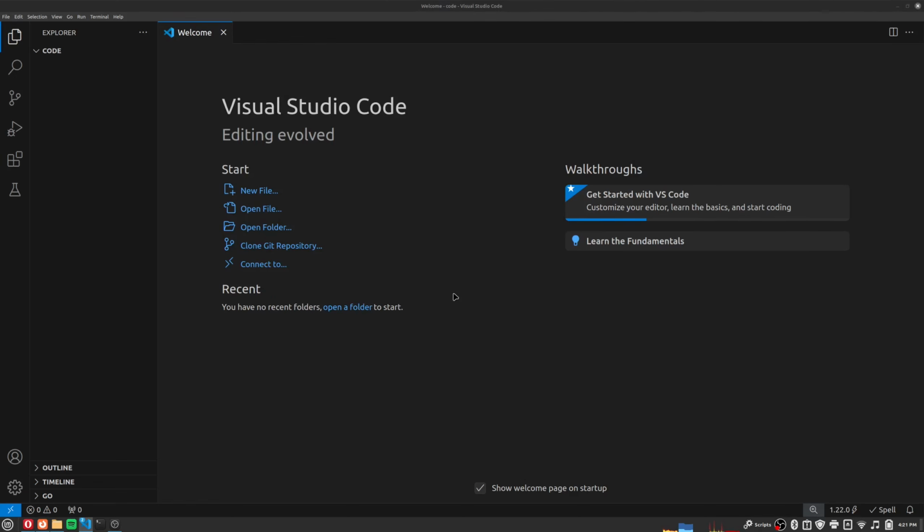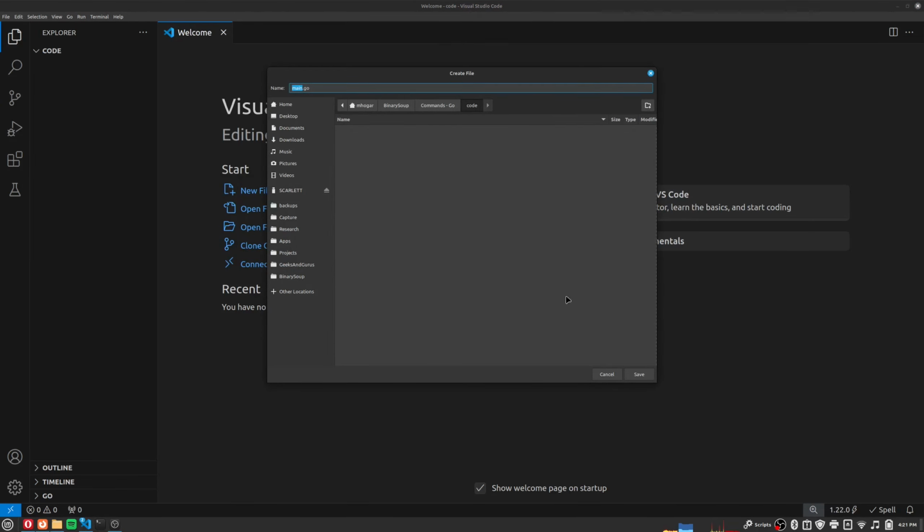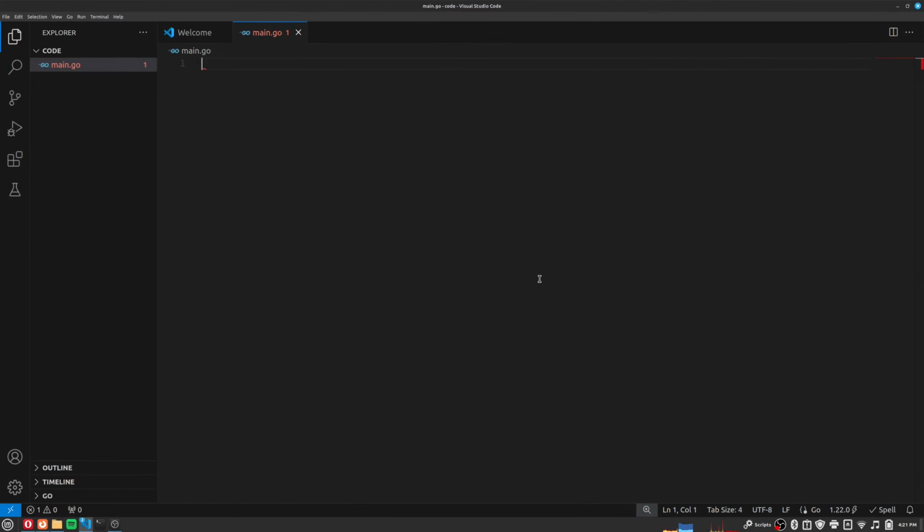Here we are in VS Code, my editor of choice. Let's go ahead and create our first file. I'm going to call this main.go. I'm going to save that here in the root directory. Package main, func main, and for now we're just going to print fmt.Println